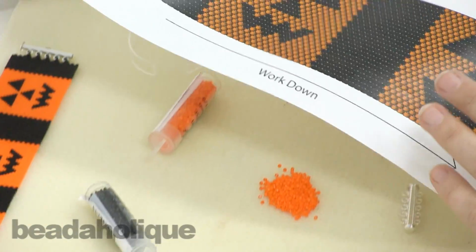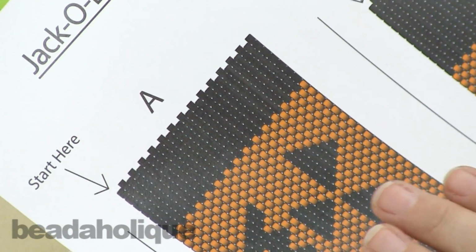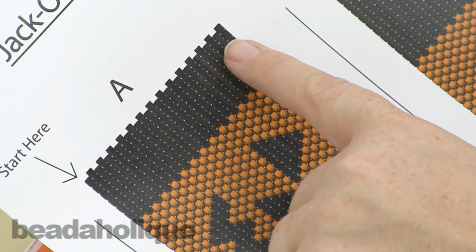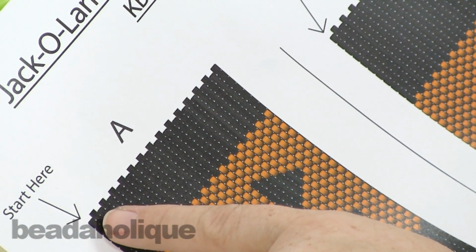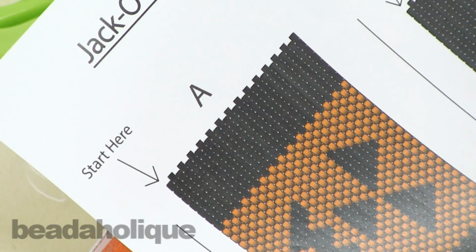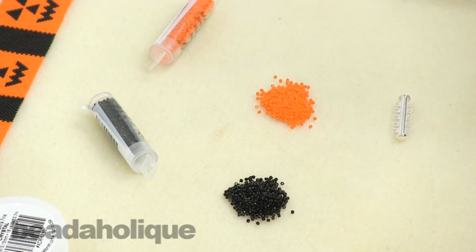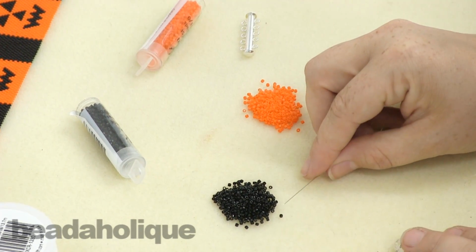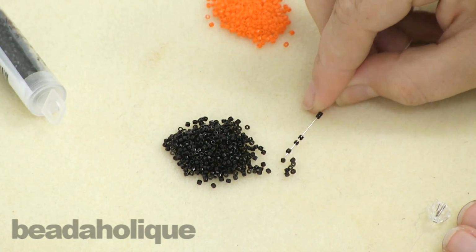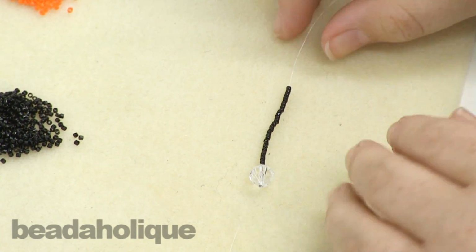Now for this pattern, you'll notice that the first 2 rows are all black beads, so you don't have to worry about trying to figure out which color bead to pick up. This is 28 beads across, and what you'll see is all the peaks and valleys, and this is row 1 and row 2. So that's what you're going to pick up first. So we'll take our beading needle, and like I said, it's 28 beads across. So we're going to pick up 28 black beads. So now that you have your 28 black beads,